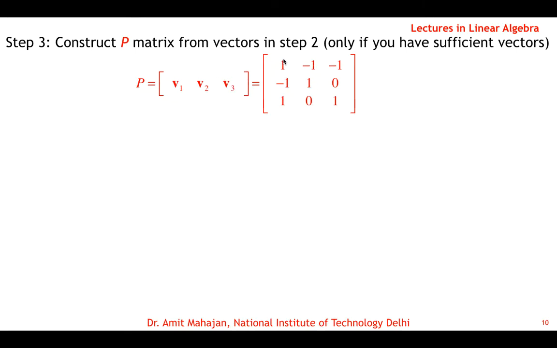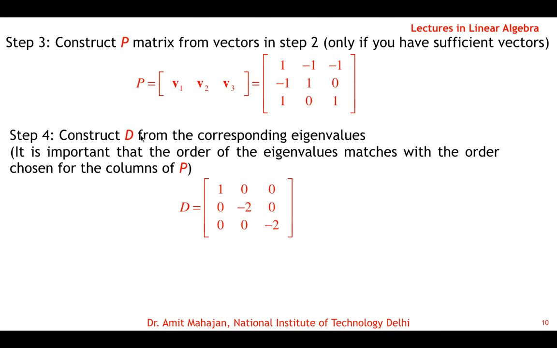Okay, so we are writing v1, v2, v3, and then the diagonal matrix D we have to write, but we have to be careful when we write the diagonal matrix D, because now we have defined the vectors in certain columns, so corresponding eigenvalues must go to the same column. Okay, because this eigenvector (1, -1, 1) was corresponding to eigenvalue lambda equal to 1, and we have written it in the first column of P, so the corresponding eigenvalue should also go to the first column of